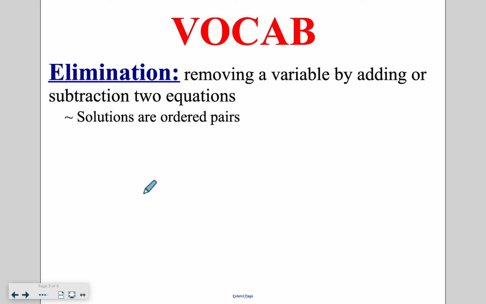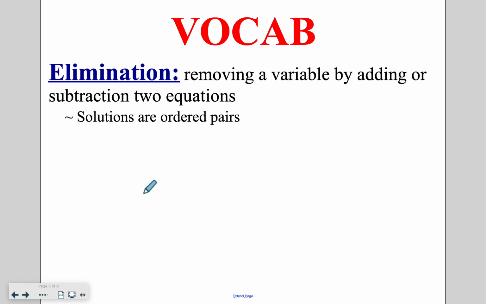So our second method for solving systems of equations algebraically is called elimination. This means that instead of replacing one of the variables, we are trying to get rid of it. We're going to do this today either by adding or subtracting because we will have a matching coefficient. Once again, the solutions are written as ordered pairs, as these solutions still tell us where these lines would intersect